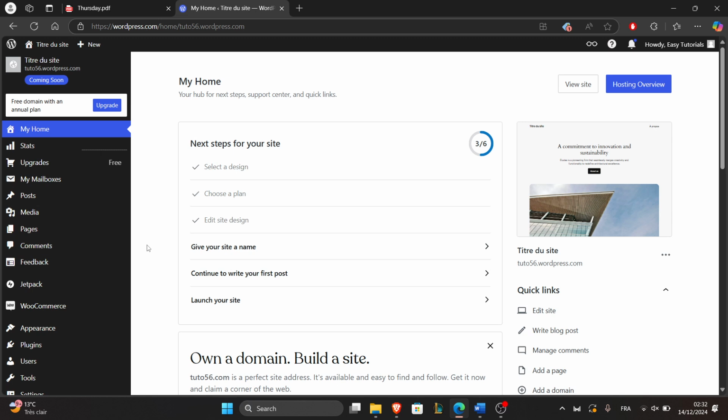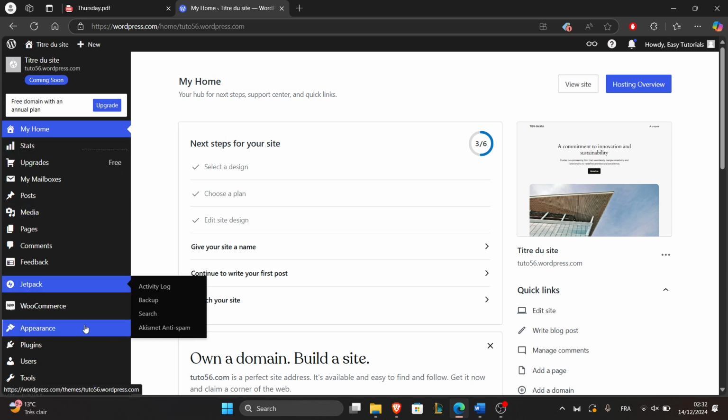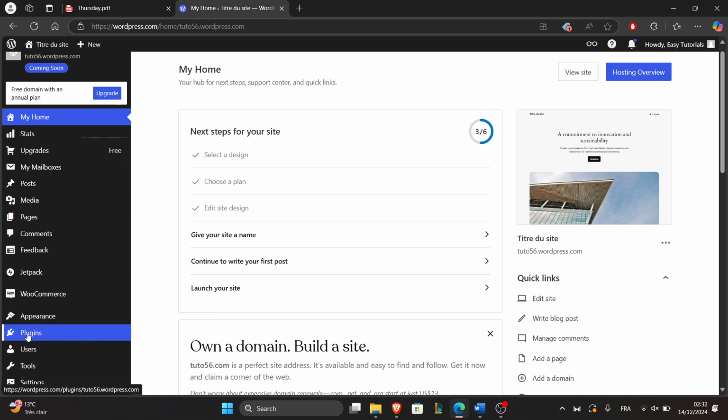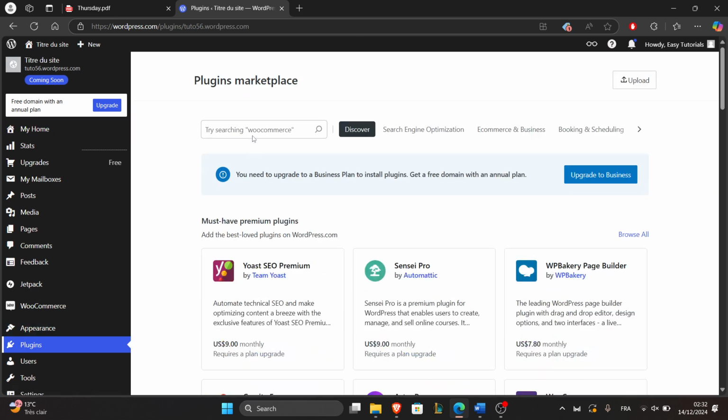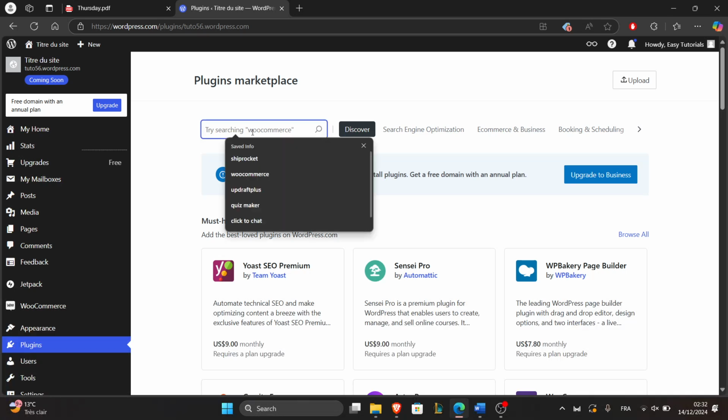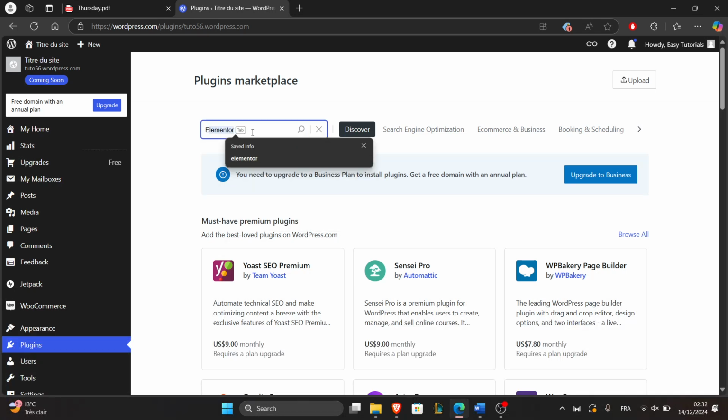Now, let's start by following these few steps together. The first step is to install Elementor. To do that, log into your WordPress account by going to wordpress.com and then entering your account credentials. Once finished, you'll be directed to your account's dashboard. From here, go to plugins in the left sidebar right next to the plug icon right here and click on it. Now in the search bar, type in Elementor